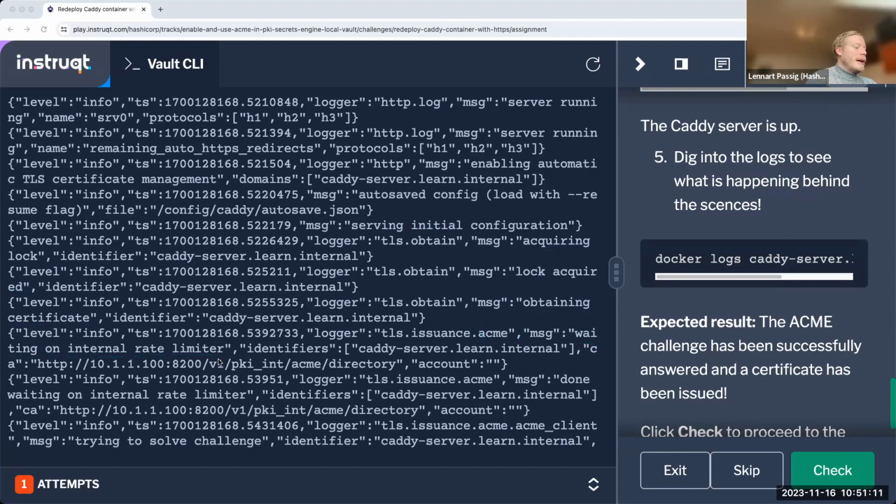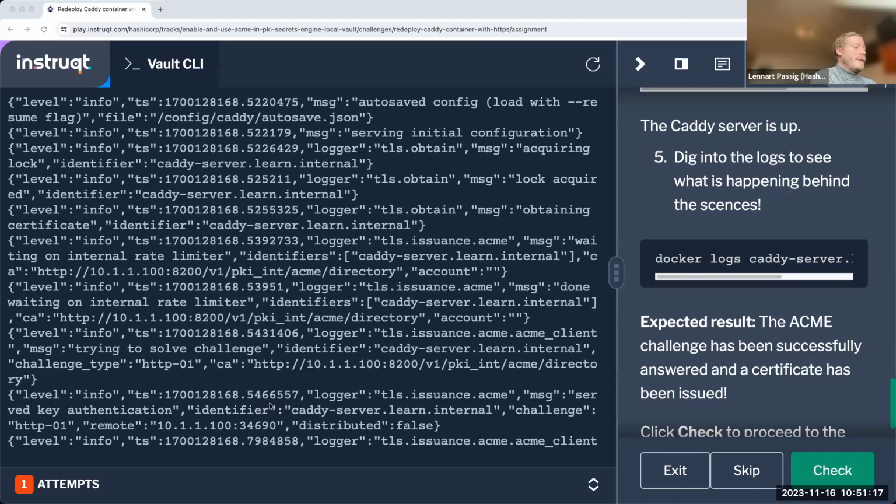Fair enough, right? We have seen the rate limiter, and then here we are trying to solve the challenge, right? And what is the challenge in this particular case? The default behavior is HTTP. So we have an HTTP challenge that the ACME client needs to solve in order to obtain the certificate.